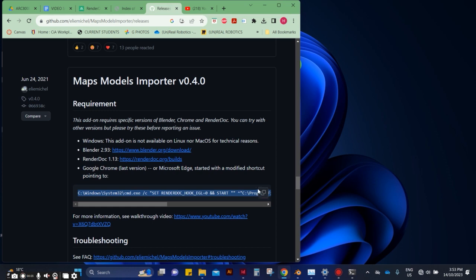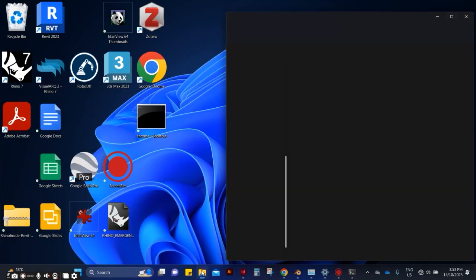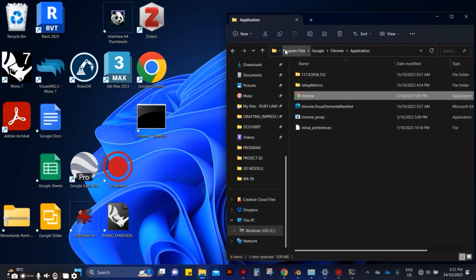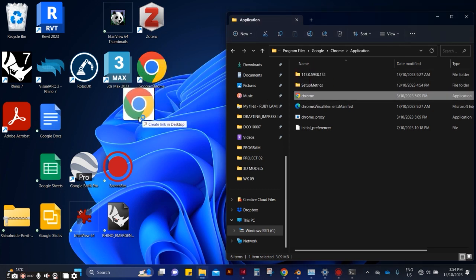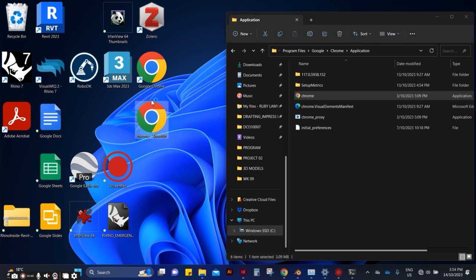And then what you need to do is find your Chrome path in your files, which is probably under Program Files, Google Chrome, Application, and it should be there. So I'm just going to delete this, and I'm going to do it again. A quick way of doing it is to just drag it and create a link on your desktop, which is nice and easy. You just right click,